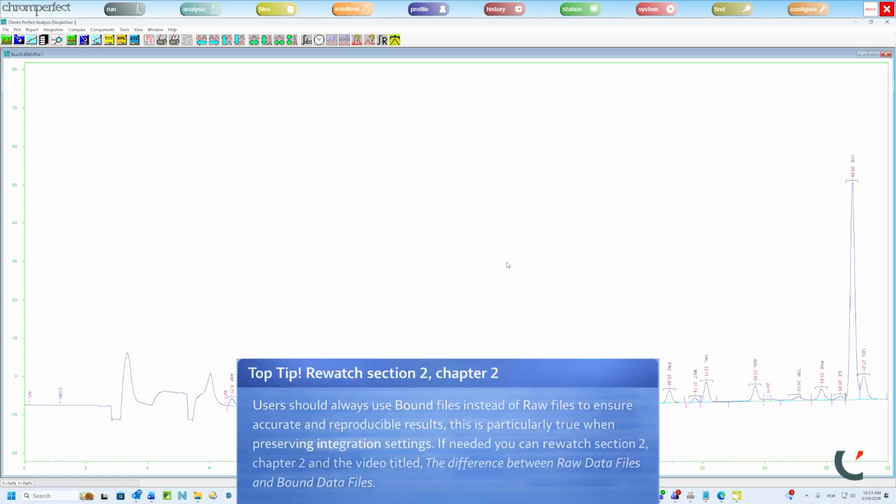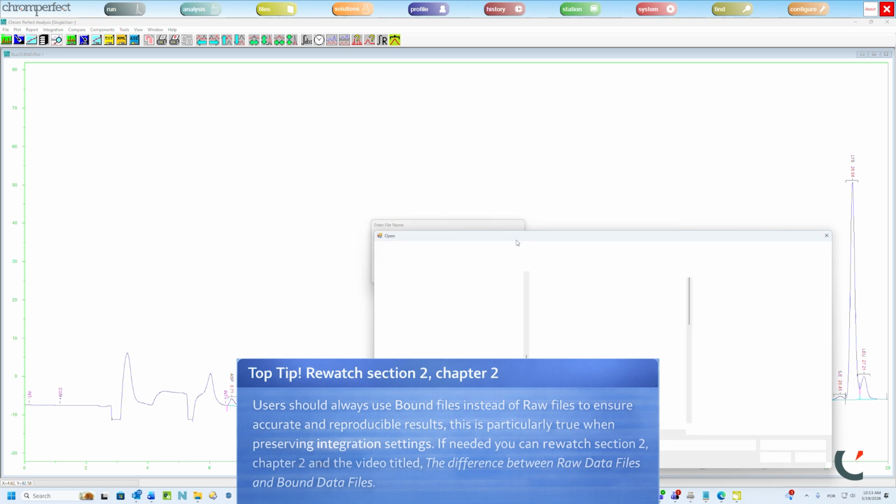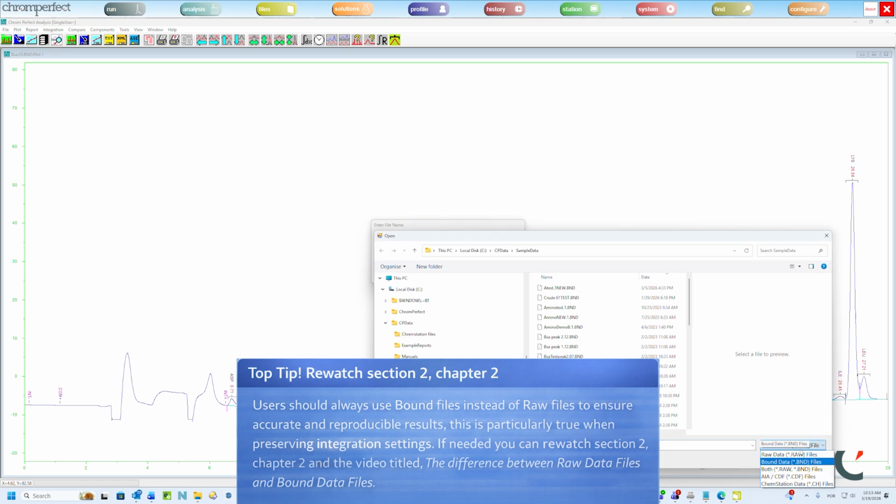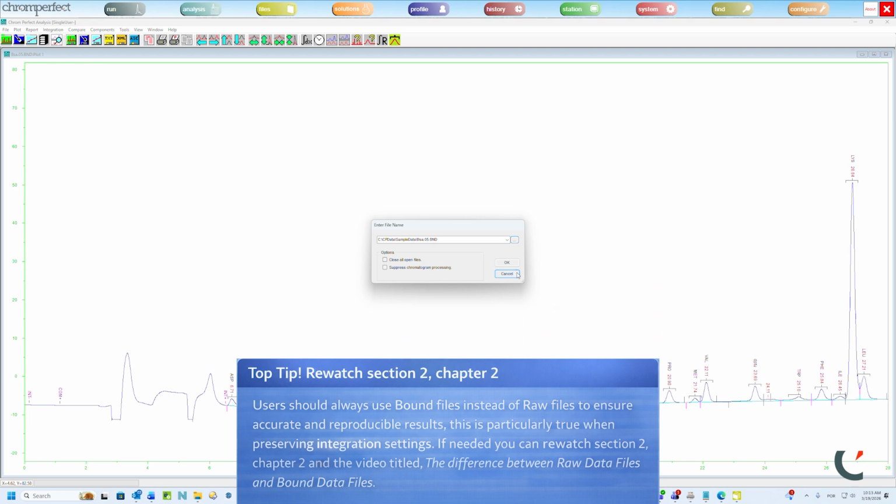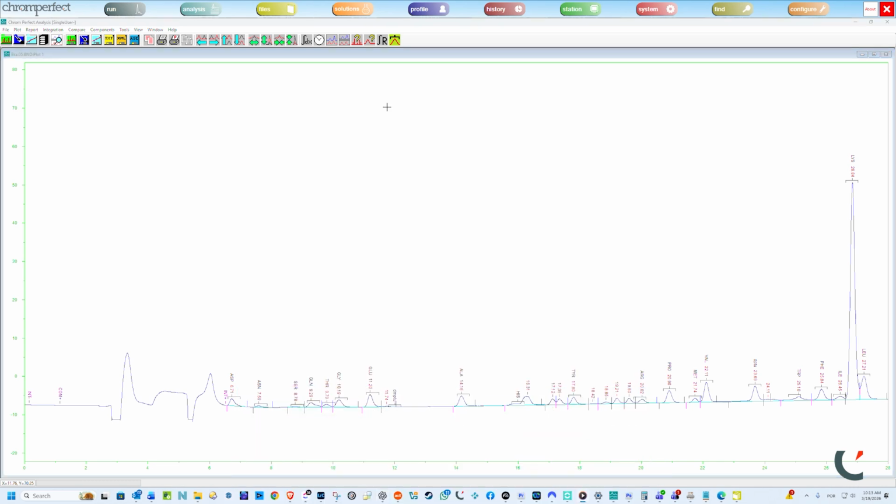Top tip: users should always use bound files instead of raw files to ensure accurate and reproducible results. This is particularly true when preserving integration settings. If needed, you can re-watch Section 2, Chapter 2, and the video titled The Difference Between Raw Data Files and Bound Data Files. When a chromatogram is opened in the analyze environment, Chromperfect applies the integration parameters from the method